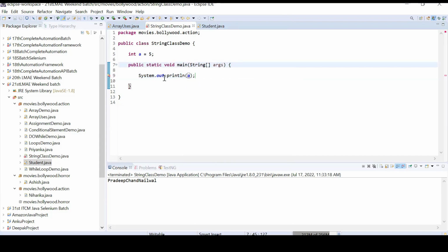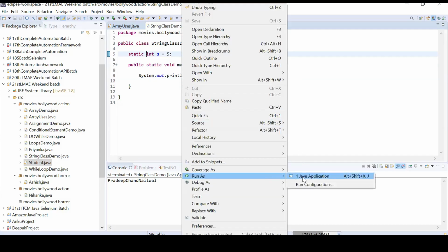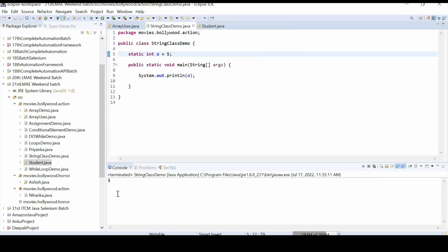ये क्या दे रहा है? अच्छा, थोड़ी देर के लिए इसको स्टैटिक बना दो, then I will tell you what is the meaning of static in terms of here. Okay, let me run it here. 5 प्रिंट किया।